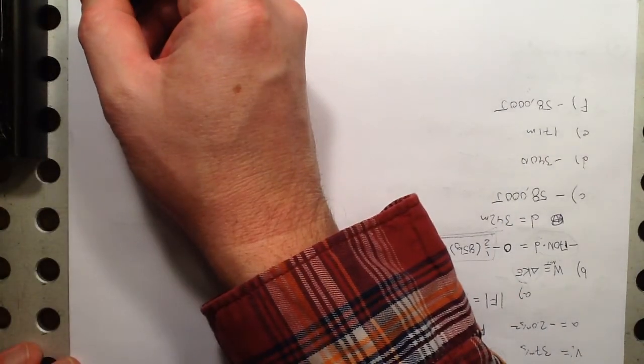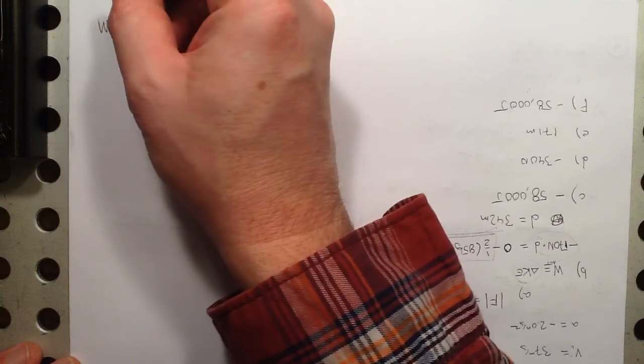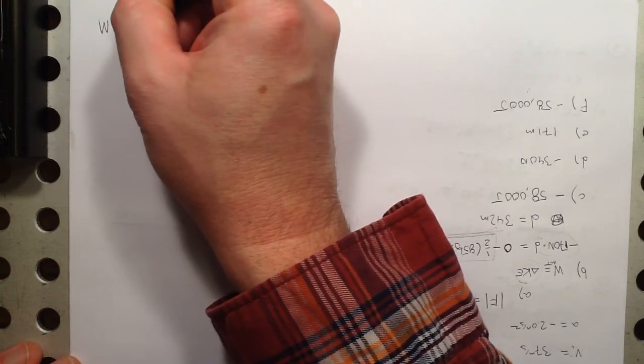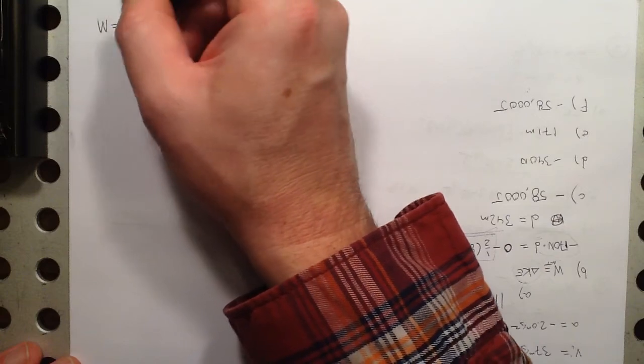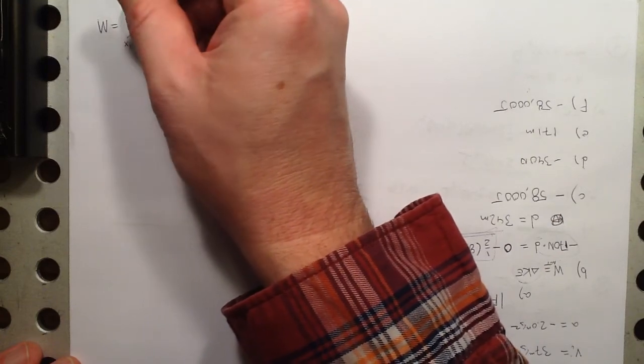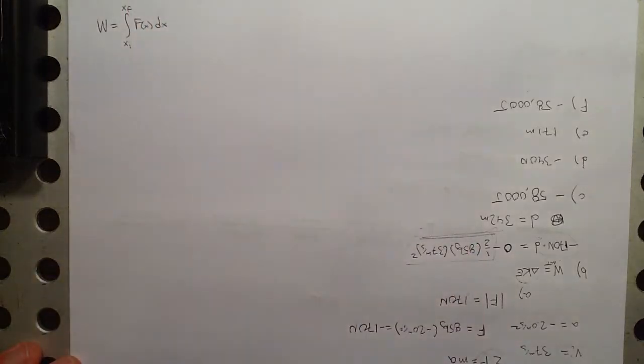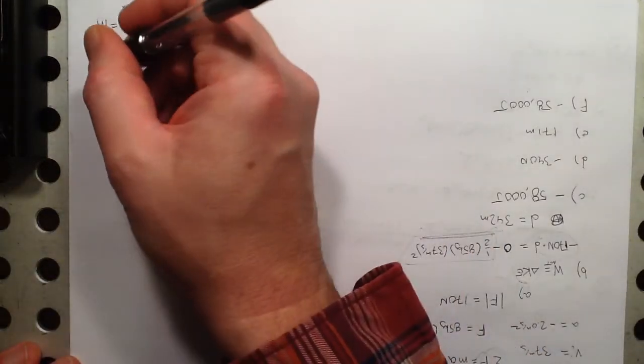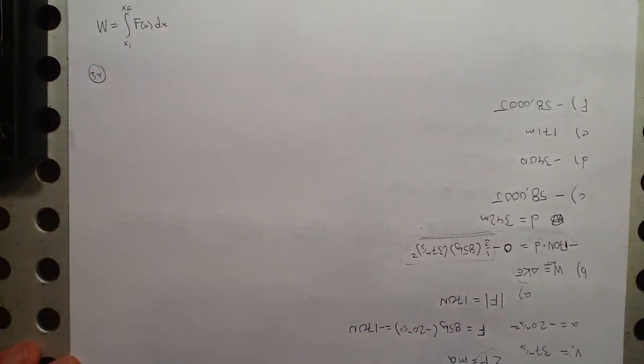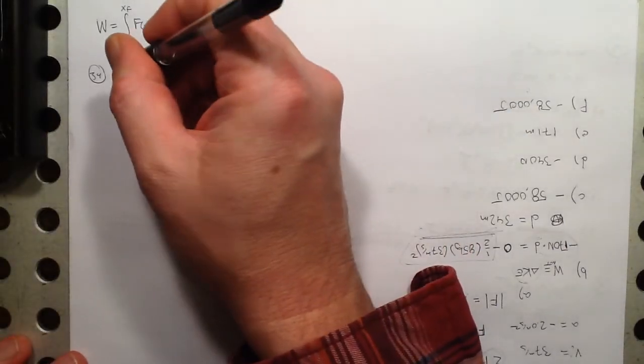Number 34. So this is a couple problems, work done by a variable force. So we should be thinking here, work is equal to, if the force is not constant, instead of just force times distance, we have to do the integral. So let's see what we get here. And if this is news to you, then pause here and go back and try these problems again. Number 34, a 10-kilogram brick